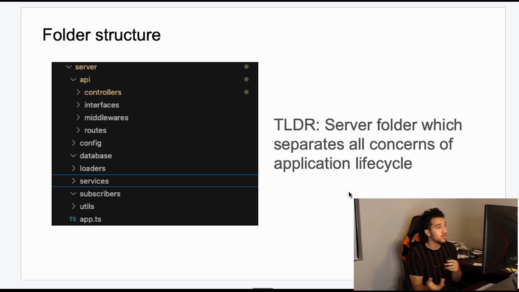First is the folder structure, and this video will be focused mainly on the API architecture, but I will go over the whole folder structure. So we have our API that will hold all of the controllers, interfaces, middlewares, and routes. Then we have a config folder, which will hold all the configuration, like your environment file, our database, as the name suggests, all of our database things, loaders, which would load all of the things that would need to be